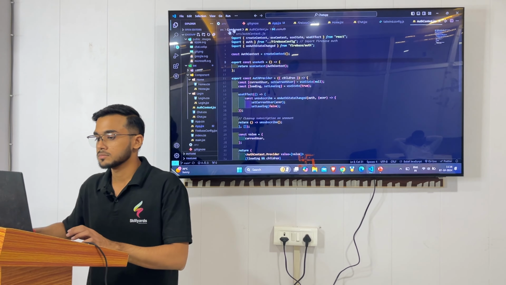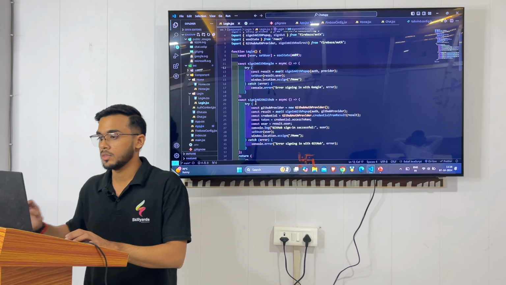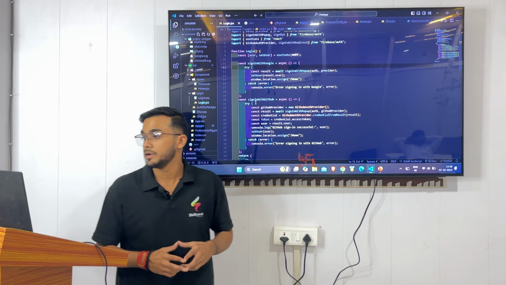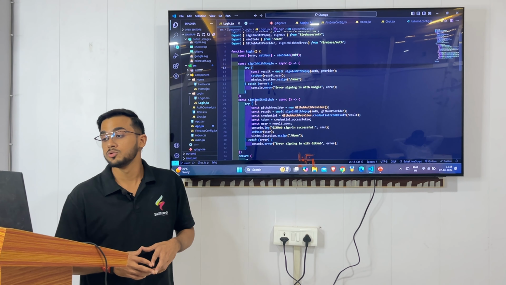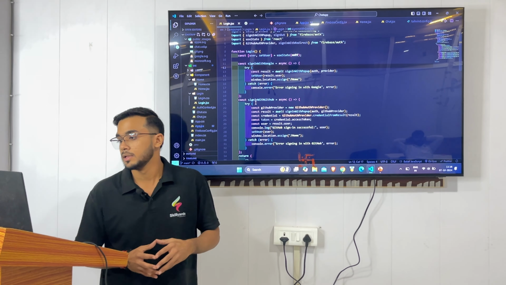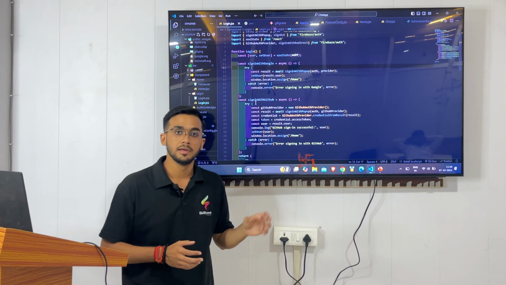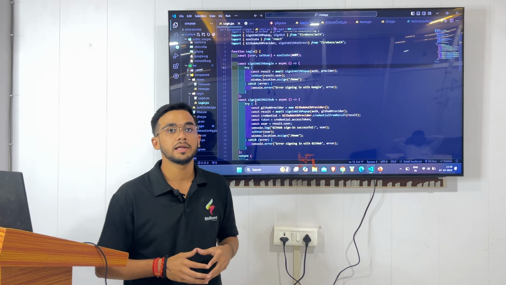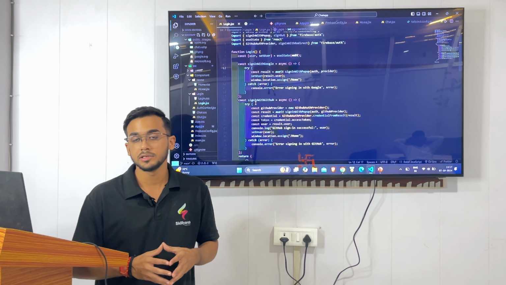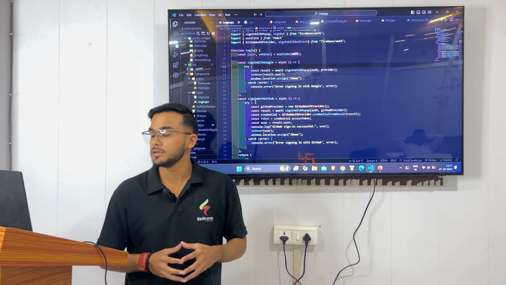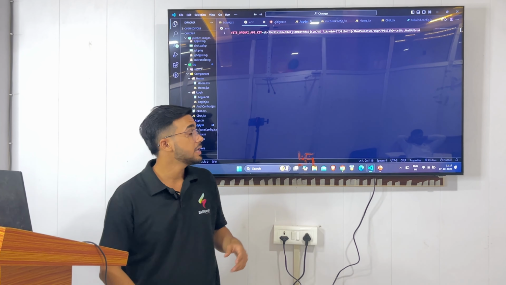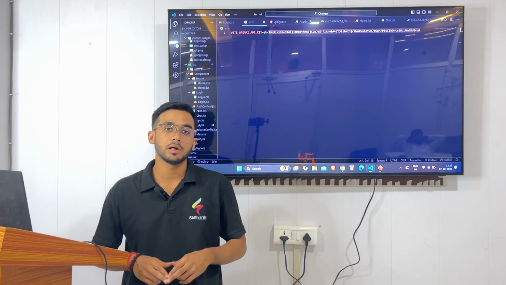This is the login page JSX, and here I made two async functions with the name sign in with Google and sign in with GitHub, and these functions use two blocks, try and catch. When the credentials are correct, then the try block is executed, and when there is some error, then the catch block is executed. And the OpenAI API key is stored in the environment variable.